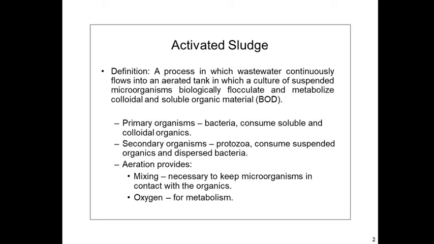Many different types of organisms, including bacteria, fungi, protozoa, rotifers and other higher forms of animals, can be found in this system. Among the biological treatment methods, there are basically three types. The attached growth process is the first type, the suspended growth process is the second type, then the combined process, which combines attached and suspended. The suspended growth processes include the activated sludge process and aerated lagoon. The trickling filter is an example of an attached growth process.